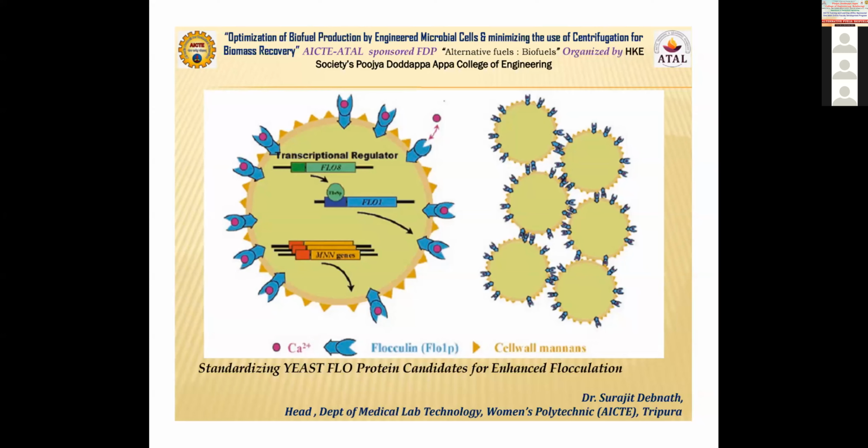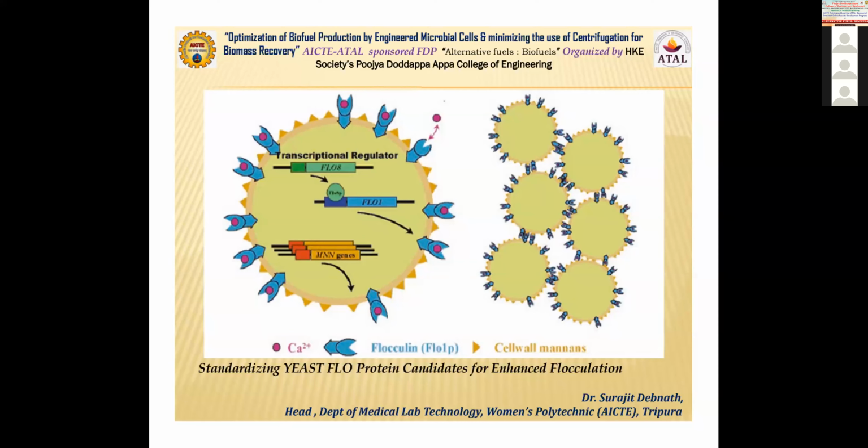Okay, now this is the molecular mechanism of how these yeast are doing it. In yeast, there is a particular kind of gene which produces these plugs. Can you see the blue color plugs? These plugs are nothing but proteins. So what they do is these plugs start to club each and every cell together, and therefore they make a large clump. Okay, the clumping is possible. So what we are trying to do is put the genes of this plug protein, or FLO protein, flocculation enhancing protein, into our microalgae.